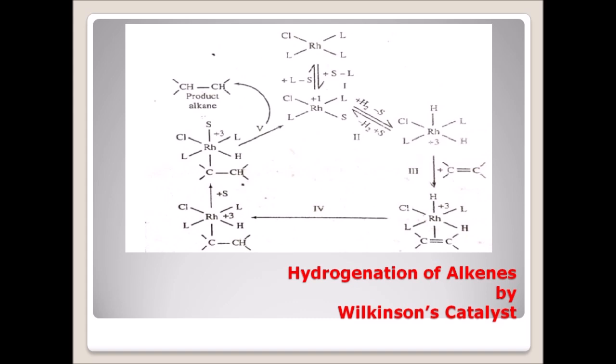What is called oxidative addition? An oxidative addition leads to the formation of a 5-coordinated species in which the oxidation state of rhodium is +3, raised from the +1 state of the rhodium. This step is an oxidation reaction. The coordination number of the central metal ion is increased from 4 to 5. Therefore, you might have been able to understand what is called oxidative addition.